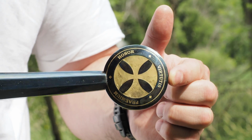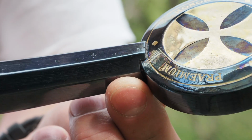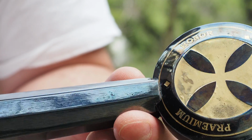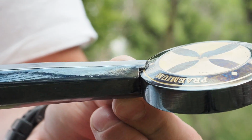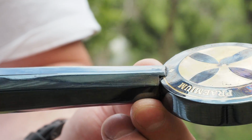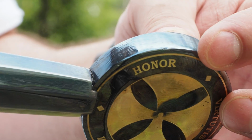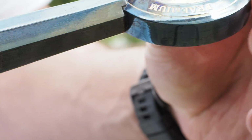So other details here, it's blued or blackened in some way. The lettering is quite clear, but one side of the pommel does have a smudge that doesn't appear perfect, and I don't think it was from use. I'm guessing it came that way from Purna or rubbed off in shipping. I'm not entirely sure. The gold detailing, I'm not sure how well durable it is, frankly. From the little bit of handling that I've moved around, it doesn't appear to rust. It doesn't appear to stain easily. It doesn't appear to rub off easily anyway, but I'd venture a guess with lots and lots of usage that